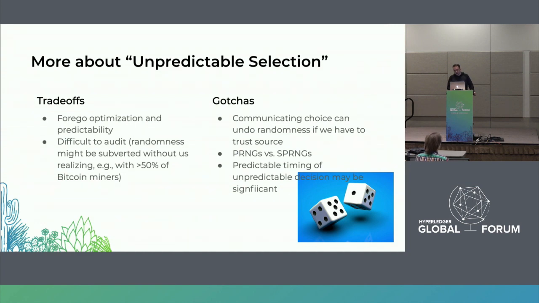I'll just highlight on the gotchas thing here, PRNGs, SPRNGs. Pseudo-random number generators versus cryptographically secure random number generators really are different. And if you don't believe me, go read some of the vulnerabilities that have been reported in various places. So this could be a gotcha. If you say, well, we're randomizing something, but the randomization is based on a weak random number generator, you're probably not nearly as beneficial on this pattern as you think.